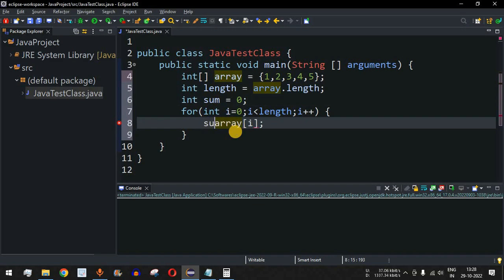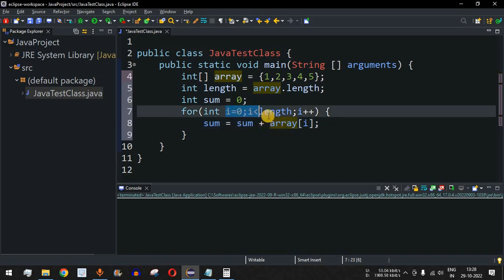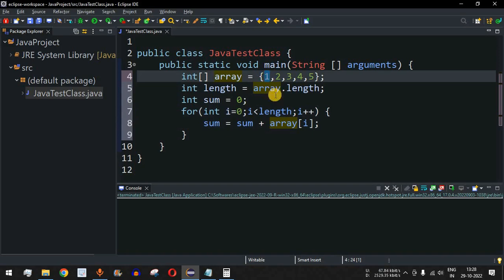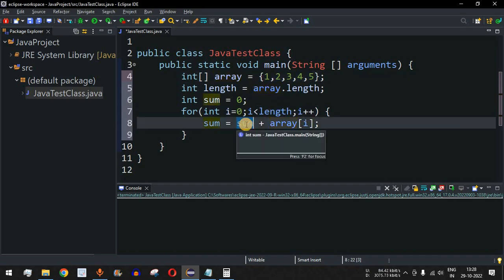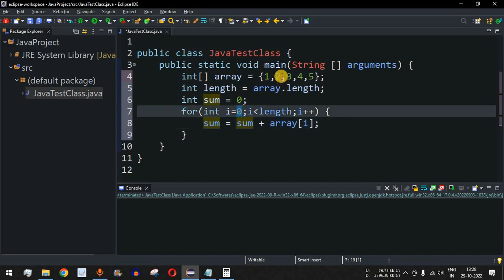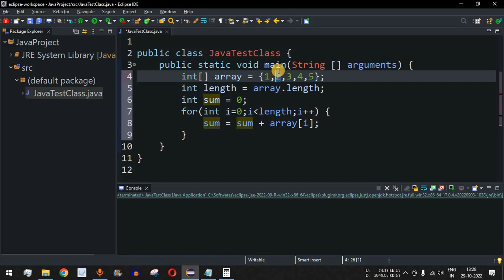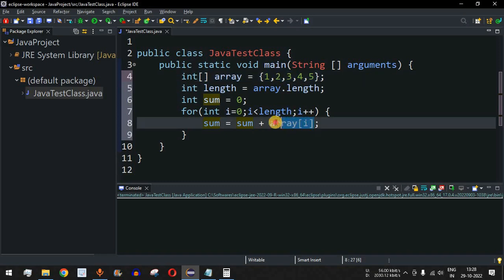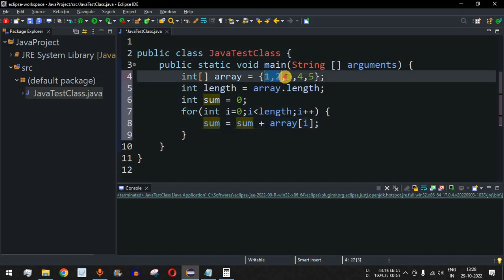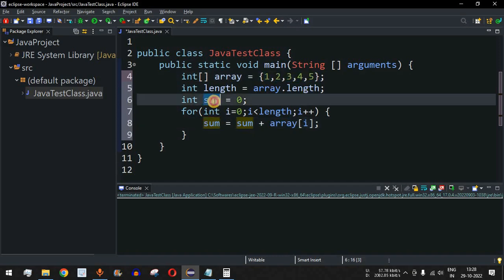Now guys, this array element will be added to this sum variable. So what we will do is sum equals sum plus array[i]. So every time the control flow is coming inside this for loop, first of all the first element will be accessed and it will be added to the sum, which is 0 initially, and now in this case the sum will be equal to 1, and then again i will be equal to 1. So the second element in the array, that is number 2, will be accessed over here. So this 2 will be added to the sum which was 1 previously, and now the sum will be equal to 3, and guys, so on, all the elements will be added to this sum variable.